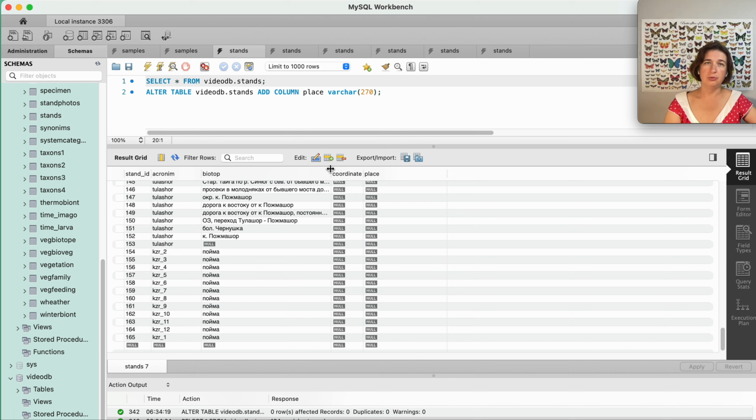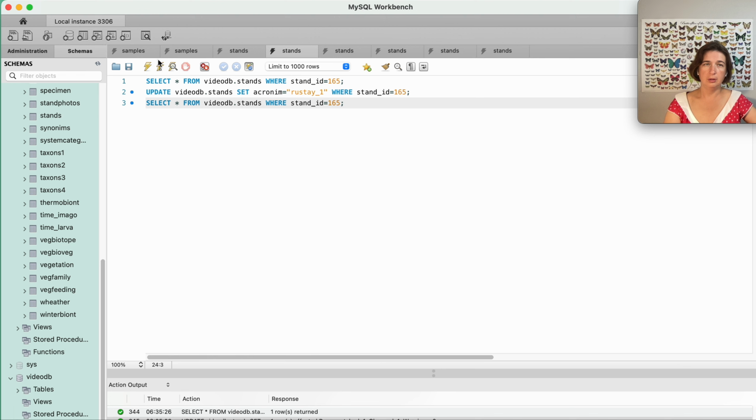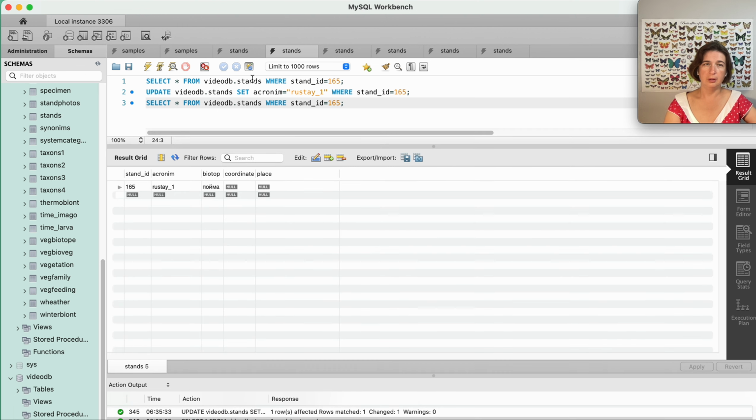Now we start to fill the column. Yes, we do this one. KZR, then Rustai.